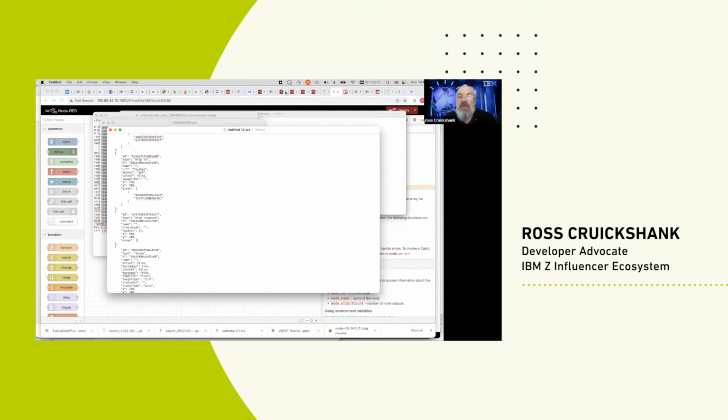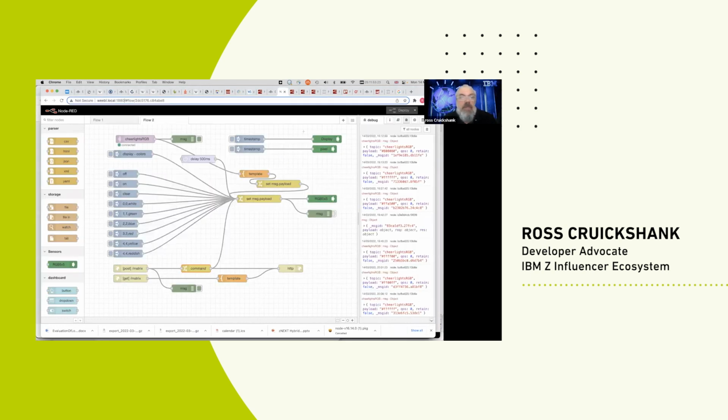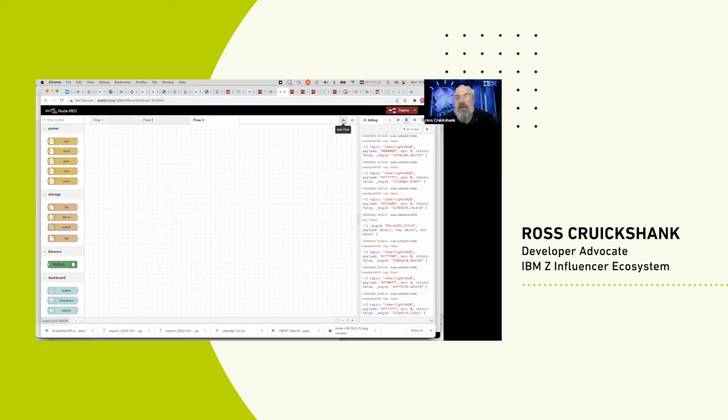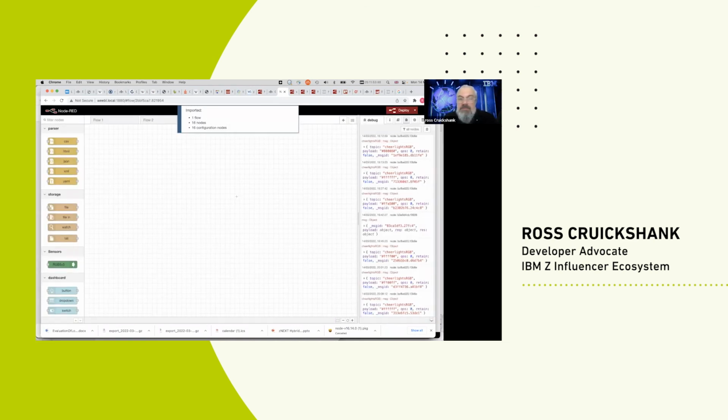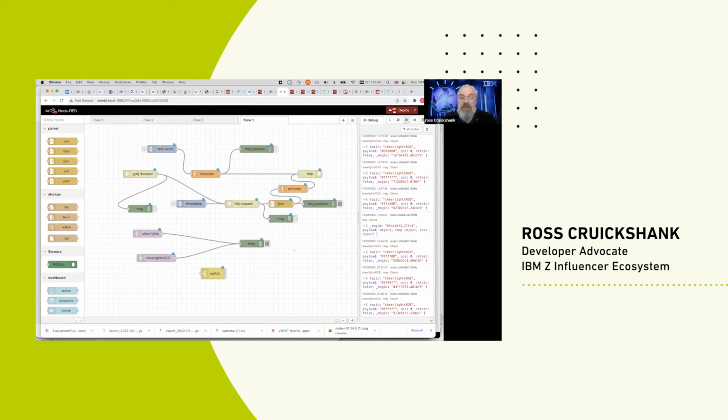If I go to my Raspberry Pi back here, running on my local Weeble Raspberry Pi, I can go here and import flow, and I can paste it in, and it will pull in some configuration nodes, some of which will work. So it's probably going to bring in some Redis stuff that's not there, but oh, look, here's my program. And if I redeploy that locally,